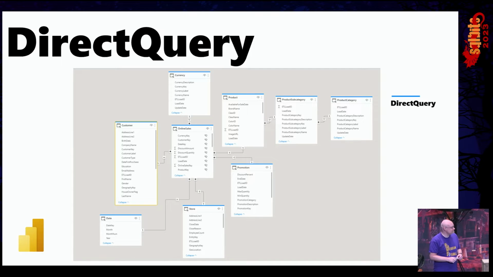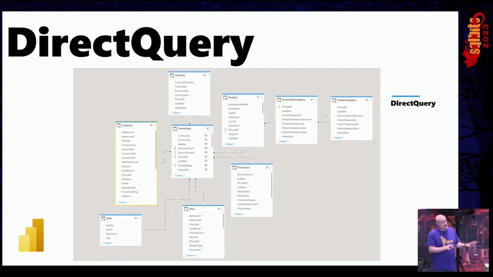Why? With DirectQuery, we're moving the storage engine from Power BI, the super fast storage engine, to your source. Maybe it's BigQuery, maybe it's SQL, maybe it's Snowflake, whatever it is. Hopefully it's Synapse, right? There weren't many hands that went up when we asked who used Synapse, so it's probably not Synapse. Well, that's why they're here. They want to learn so they can go use it. Okay, fair enough.